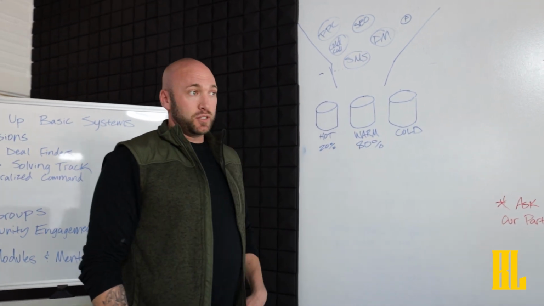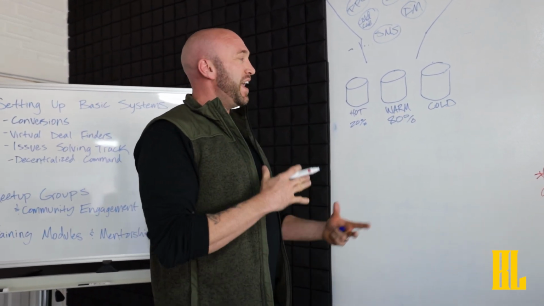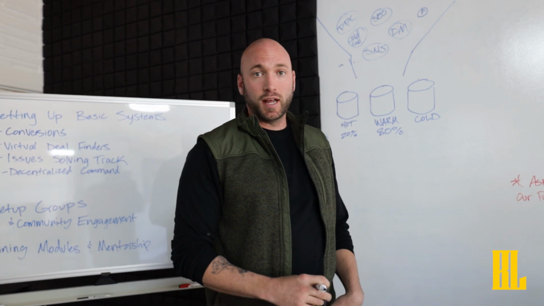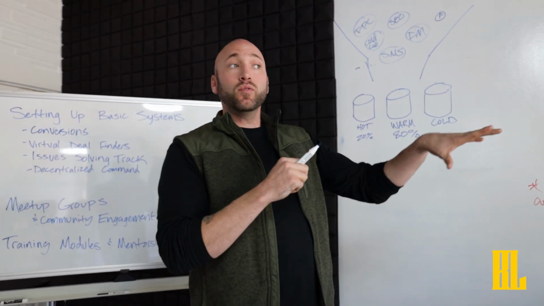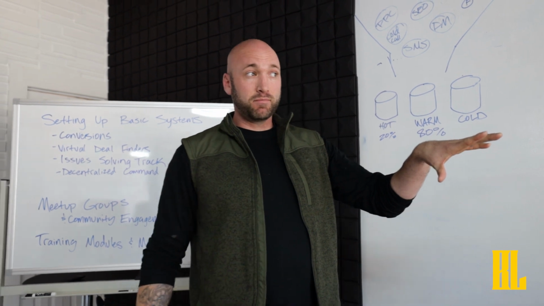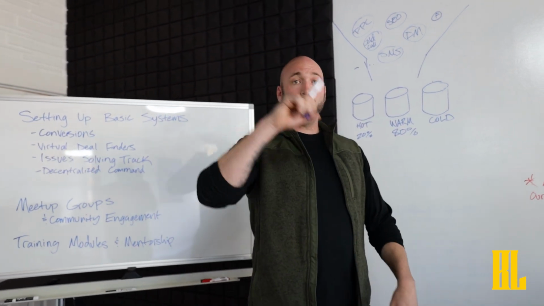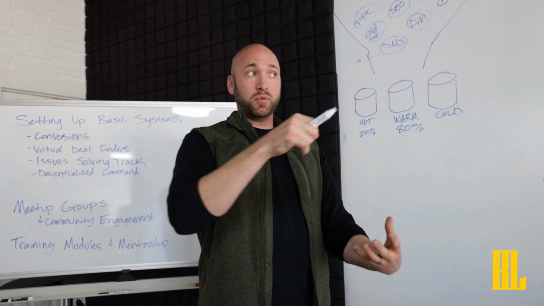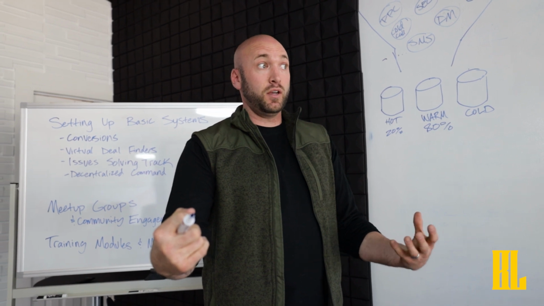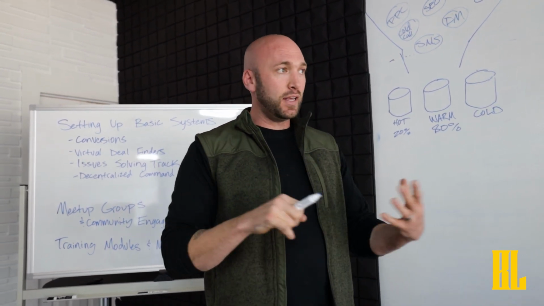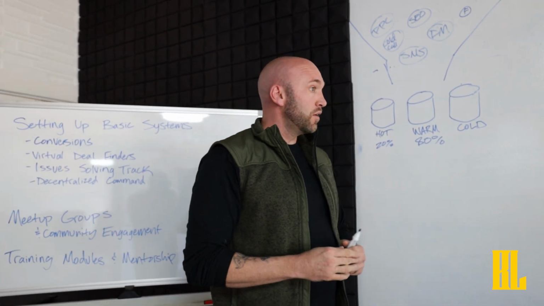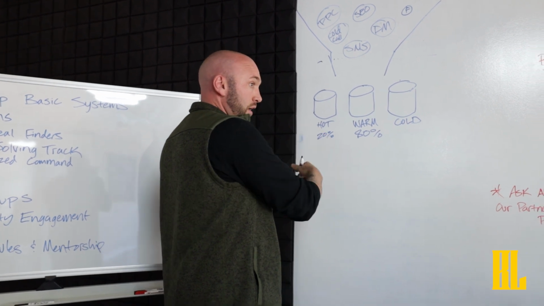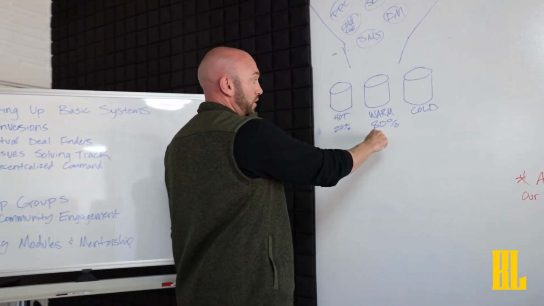This is known as the 80-20 principle. It can be translated to just about any area of life. If you think about the roads, for example, 20% of the roads are going to get 80% of the traffic. You go to a wedding or a private event somewhere, 20% of the guests are going to eat 80% of the food. It's true. It's really a proven principle. But for us, we understand that 20% of our deals, our conversions, that low-hanging fruit, we need to focus on the other 80.